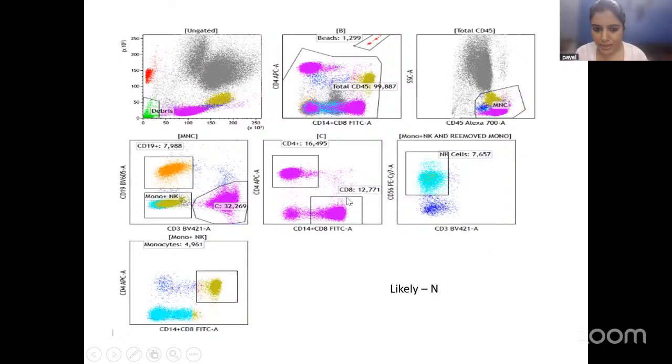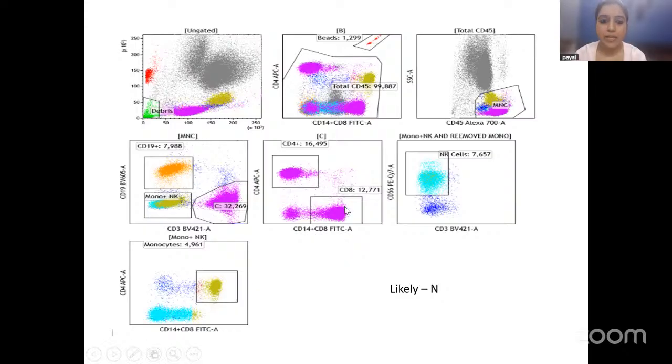If you look at this lot, these are the CD8 positive cells and these are the CD4 positive cells, that is the T cells. So with CD3 we selected the T cells. Amongst the T cells, in this purple plot, we tried to separate the CD4 and the CD8 positive cells. Now, just for calculation, there were about 1 lakh cells, and out of the total cells, CD4 are about 16,495, which is approximately 14%, and then CD8 positive cells were about 11 point something percent. So they have this complex formula that they put and give us the absolute values.